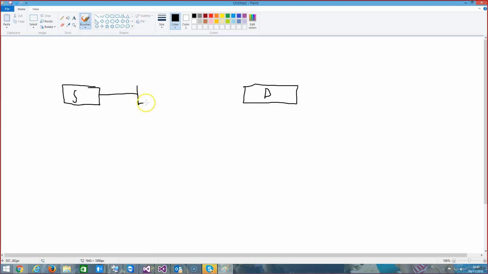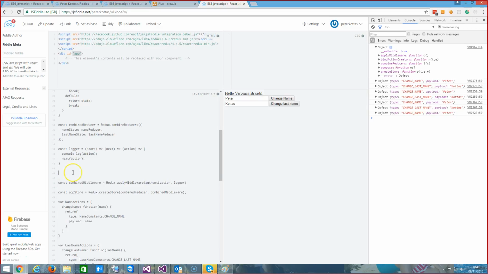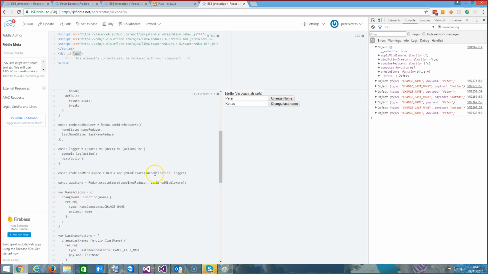But now we've added the authentication, and actually in the last example, only after authentication we've added the logger, right? So if the authentication doesn't call, if it breaks the chain, the logger is not called anymore, and therefore the reducer is not called as well, right? So this is how we work with middlewares. It's very useful, and what is even more useful is there's a lot of them